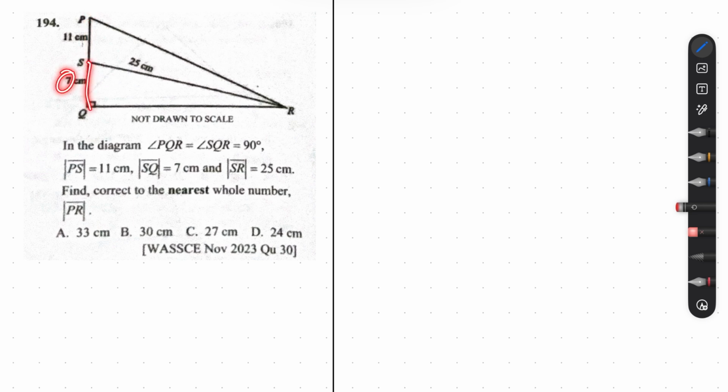Okay, cool. We've also been given SR, which is 25. Now, the question says we should find, correct to the nearest whole number, the length of PR. So this is the length we are trying to find. To find this length, we need the base and then we need the height. But we already know the height. The height will be 11 plus 7, which is